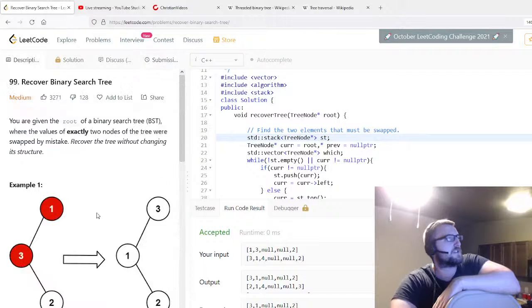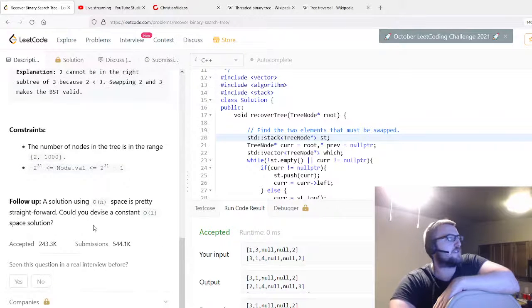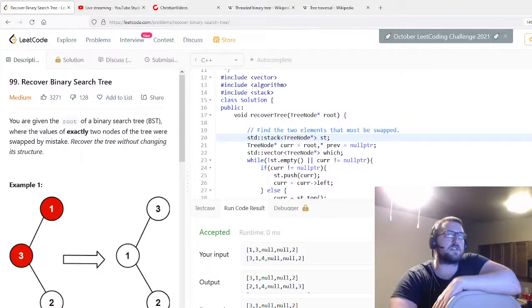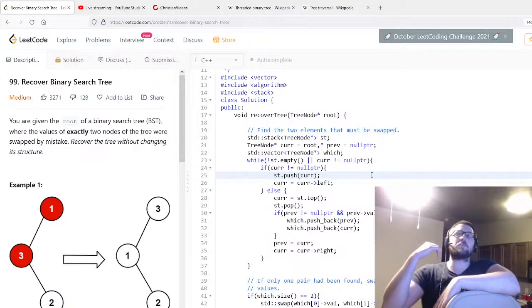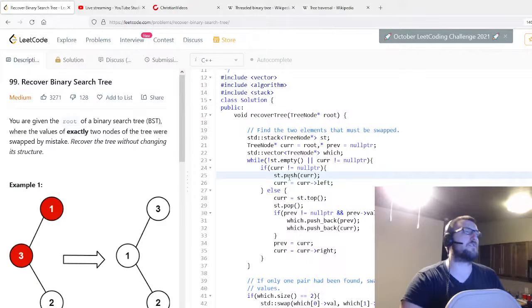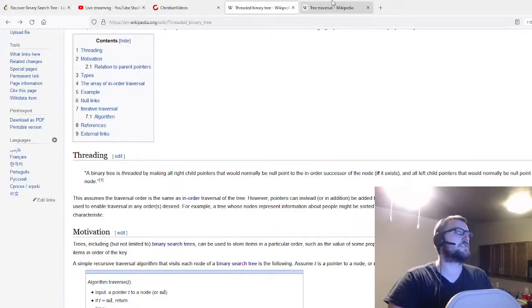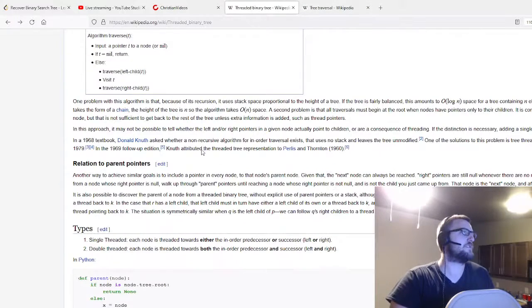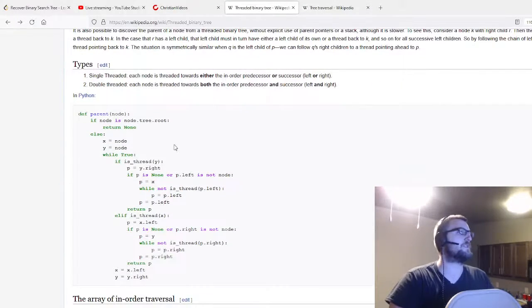As part of the question, they say, hey, you can do this with linear space. Is there a way to do it with constant space? The constant space solution is the same one as this one, except you use threading, and you do Inorder tree traversal with threading. So we're going to do that now. I've done this many times in the past, but